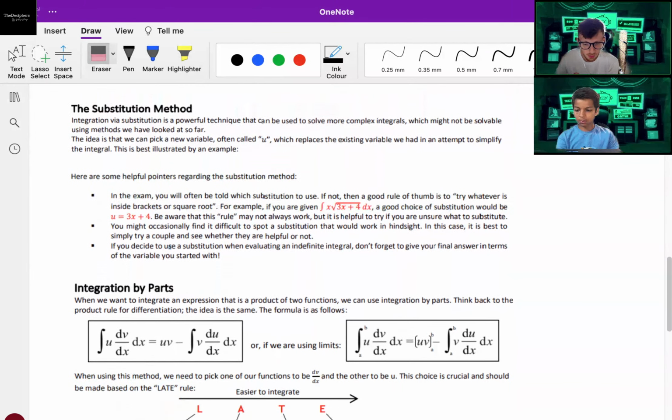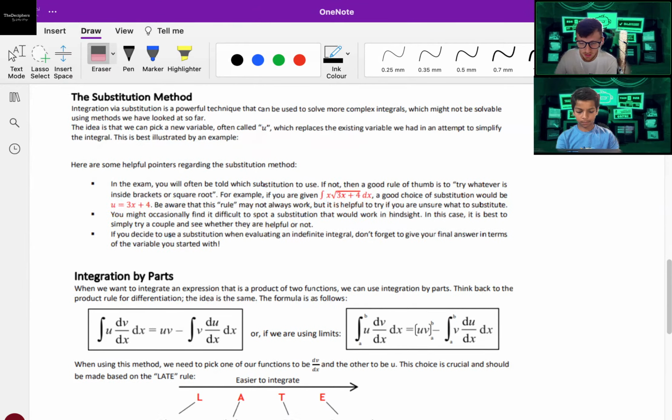So integration by substitution is a really powerful technique that can be used to solve more complex integrals, which might not be solvable using other methods. The idea is that we pick a new variable, which we often call u, and it replaces any existing variables in an attempt to simplify the integral into something that we can then integrate more easily. And that's best illustrated in an example, and we'll start off with an example when we look at some exam